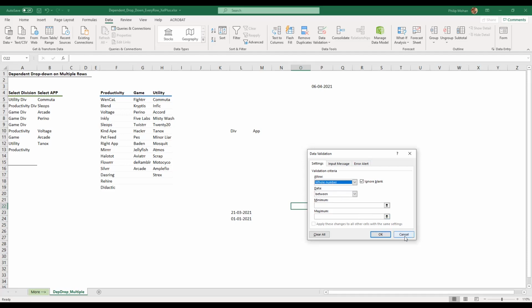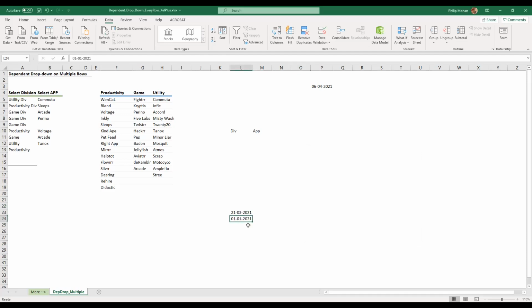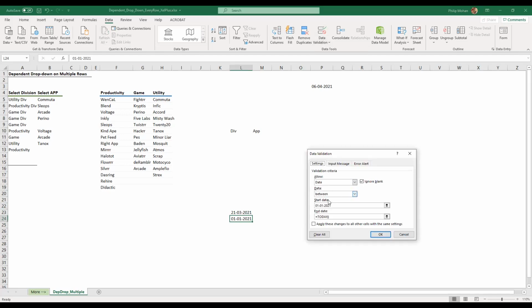Again, let's just go back to date. Hang on. I'll come back to number, don't worry. You've got other options, not just between. You've got not between, equal to, not equal to, greater than, less than, greater than or equal to, less than or equal to. There is a word for these, I forget what they are. Connectors, that's not the word, but anyway, they're not functions actually. Anyway, never mind, we know what they're saying. We can use these operations.